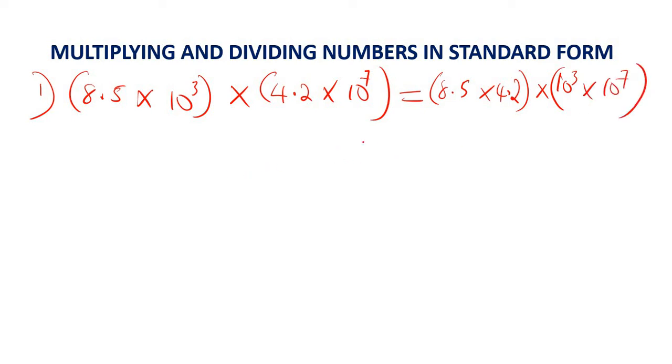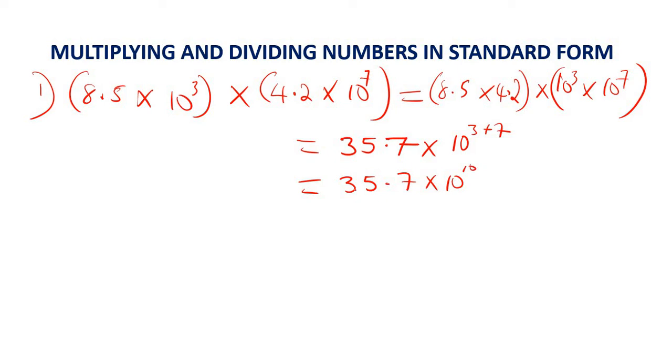Now I can multiply these numbers, and that would definitely give me 35.7, times 10, and I'll add the powers, 3 plus 7. On this now I'm going to have 35.7